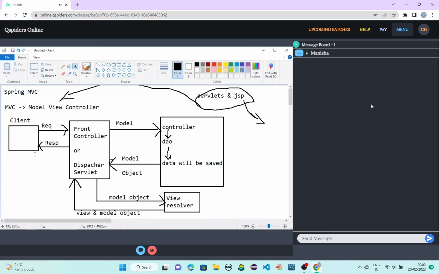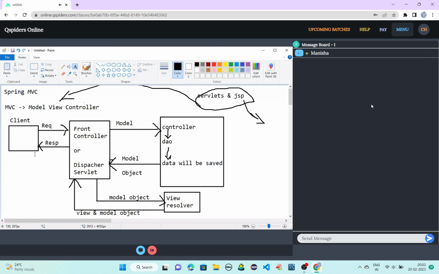Since the browser will not understand the model object, or the browser is not capable of understanding other language objects, we require a view resolver. That view resolver will take the model object and convert it into view and model object. View and model object means the object is in the form of browser understandable language.